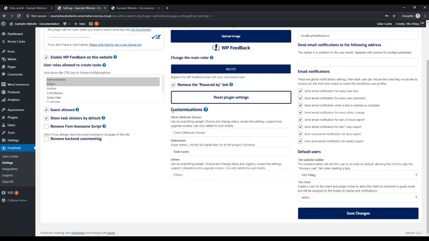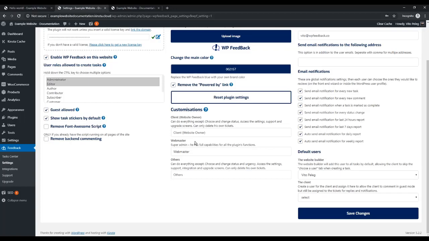Continuing down, we have the customization. So we have our user roles, and this allows us to create some magical things in terms of how each and every user should be using the plugin. So because I already installed the plugin itself, it knows that I am a webmaster, and it assigned me here as the website builder. But on the front end wizard that we've seen before, as soon as someone lands on the